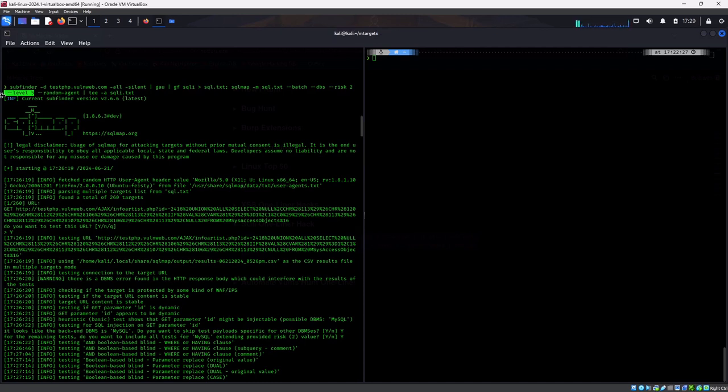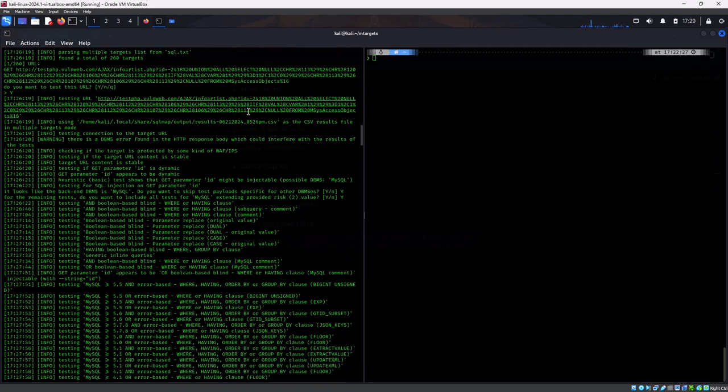This level includes more thorough and potentially time consuming tests, but it will be effective. Then we are using random agent so that we can avoid some detection. Then we are outputting the results of that into sqli.txt. So the command we run,